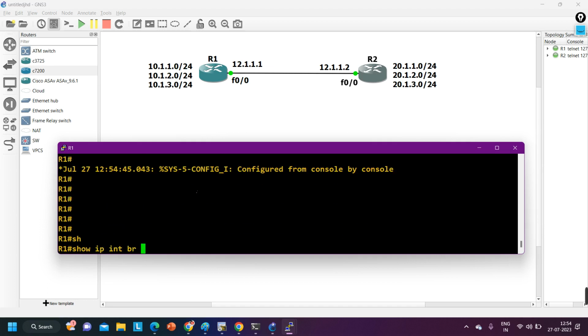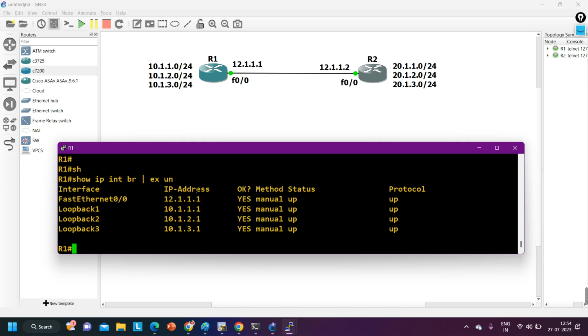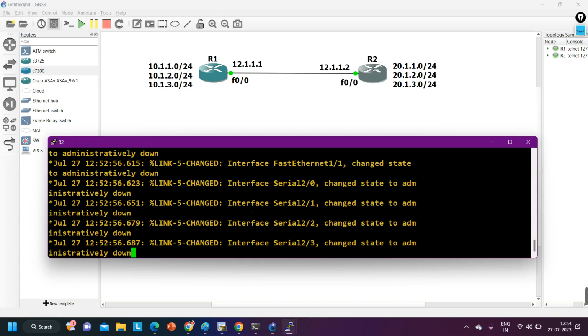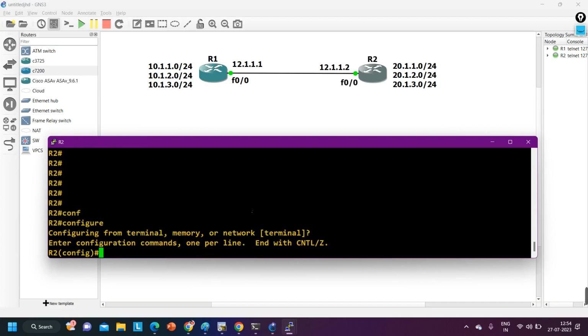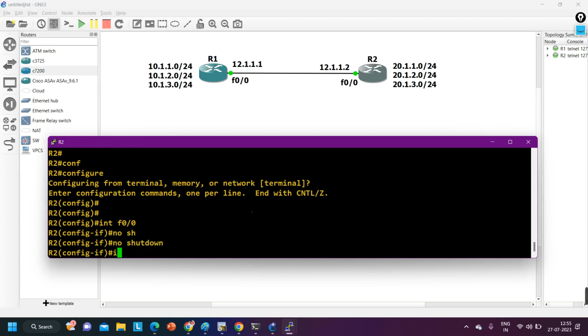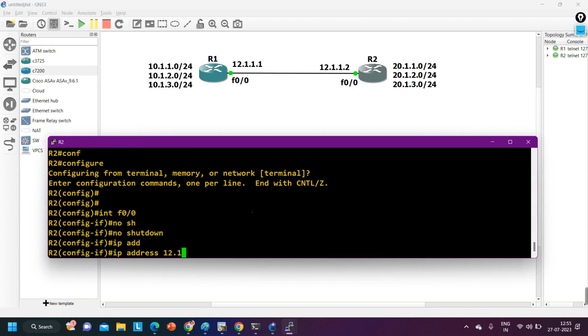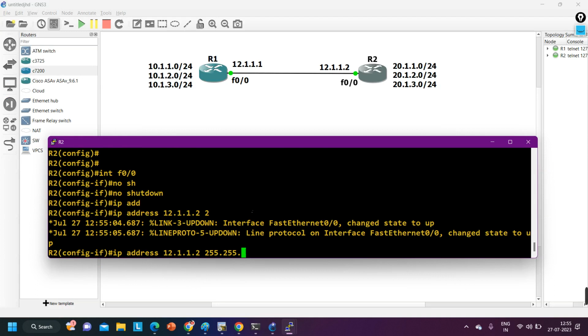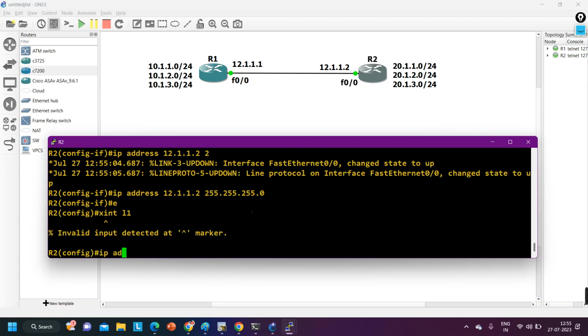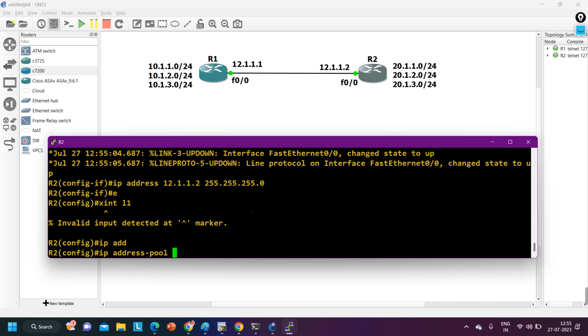So show IP interface brief, exclude unassigned, you can see. Router 2, interface F0/0, no shut, and IP address is 12.1.1.2 255.255.255.0. Exit. Interface loopback 1, IP address is